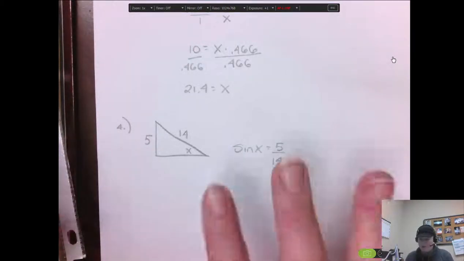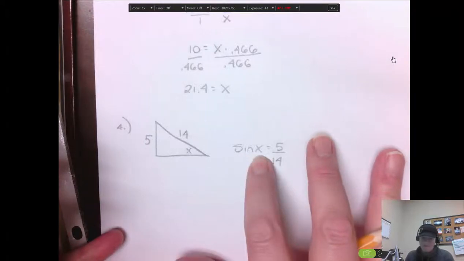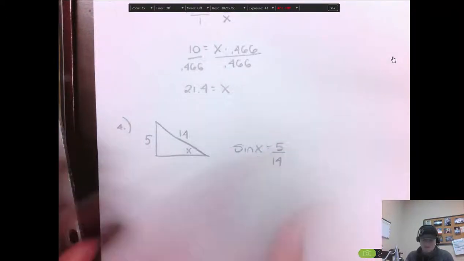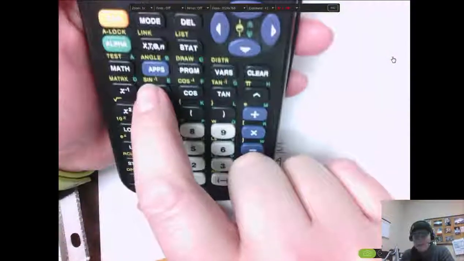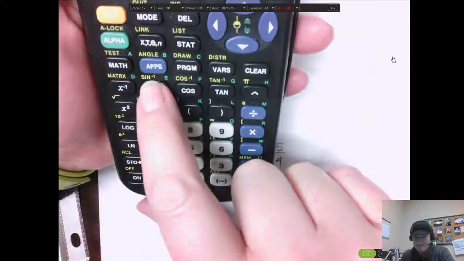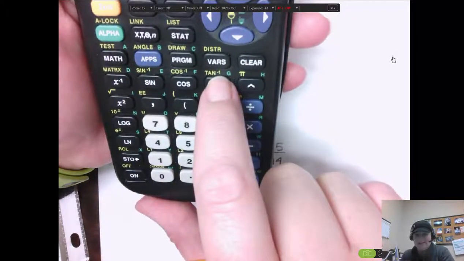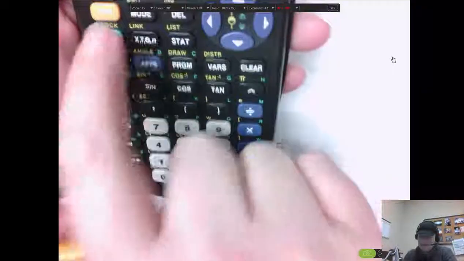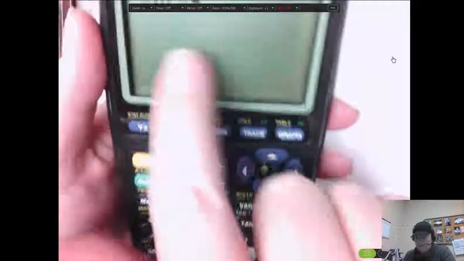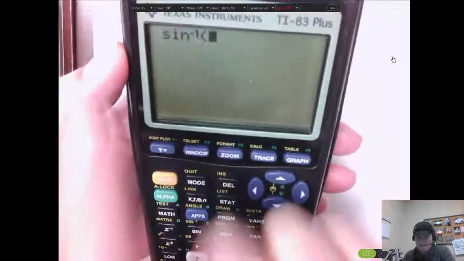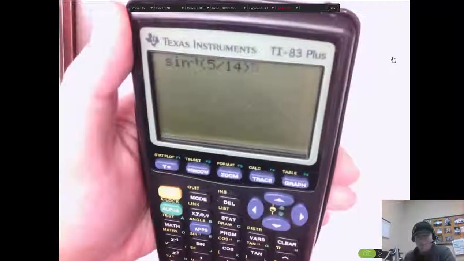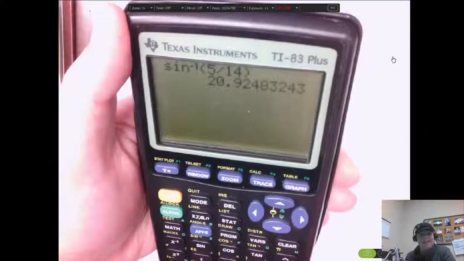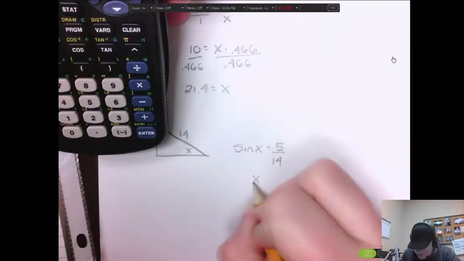So what I do, I have to have sine of whatever letter is equal to this number here to be able to do it, or equal to a number. So on this calculator, right above your sine is the inverse sine, and the symbol for inverse is a -1 to the power of. So I'm going to hit second sine, and that's going to pull up sine of -1, which is inverse sine, and we want that of what, 5/14? So I'm going to do 5 divided by 14 in my parentheses so that it does it correctly and I get my answer. So x is going to equal